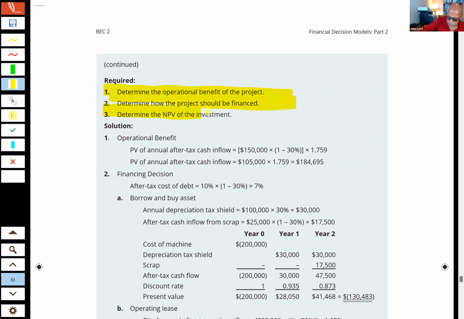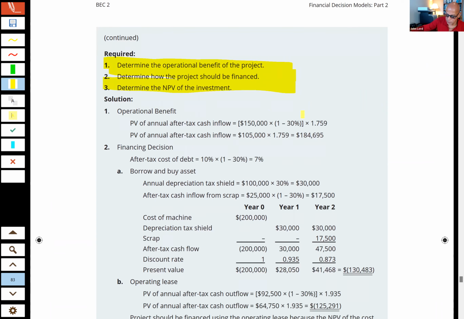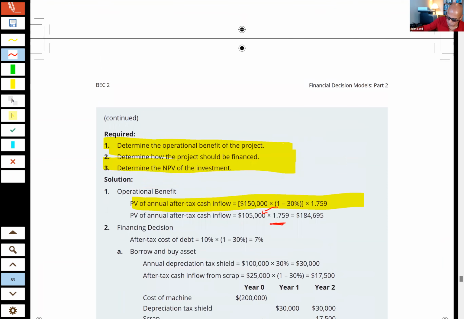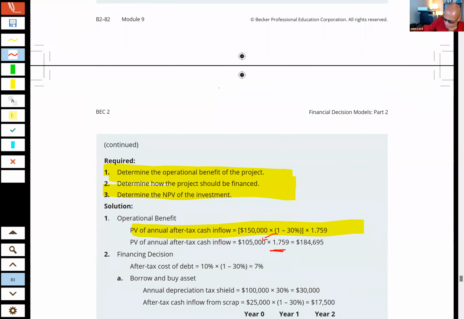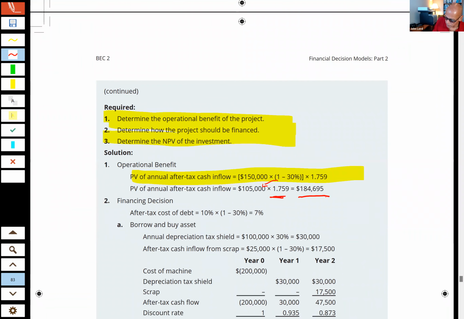Now, the thing that I would do is I would see that they're giving me this notion of the present value of annual after-tax cash flows of $150,000, and then they do the one minus the tax rate, because we have to consider those after tax. That's where that $105,000 comes from. And then we would multiply that times the present value of the annuity due, and we're using the 9% factor there because that was the required rate of return. That was the weighted average cost of capital in this particular problem. So we use that. That gives us the present value of the inflows, but now we have to consider the present value of the